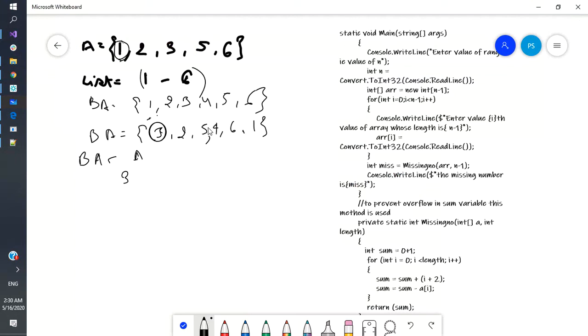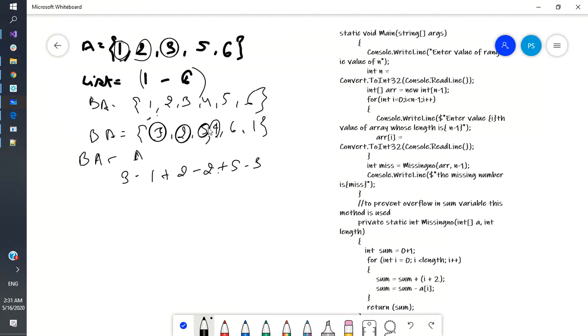So what I'm taking is 3 minus 1, then plus the second element from the bigger list and the second element from the smaller list, minus 2, plus the third element from the bigger list and the third element from the smaller list, 5 minus 3.